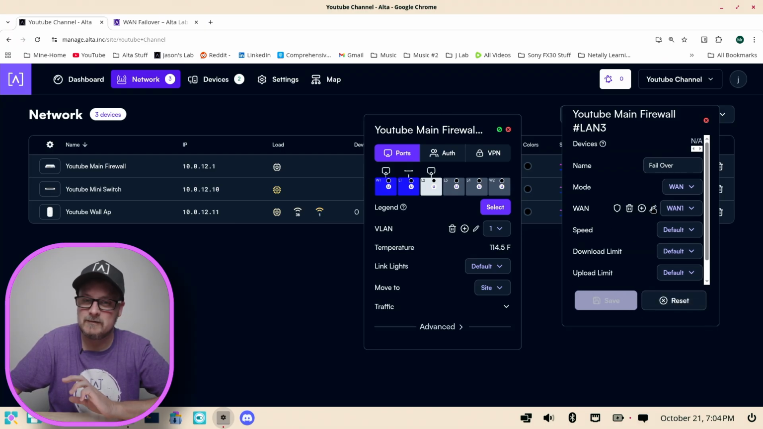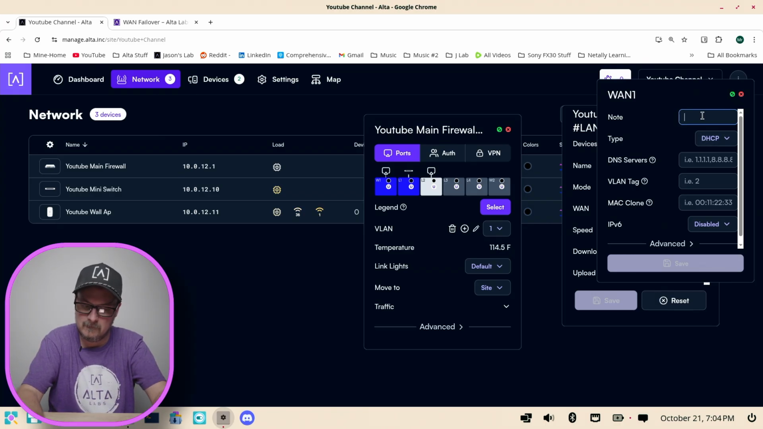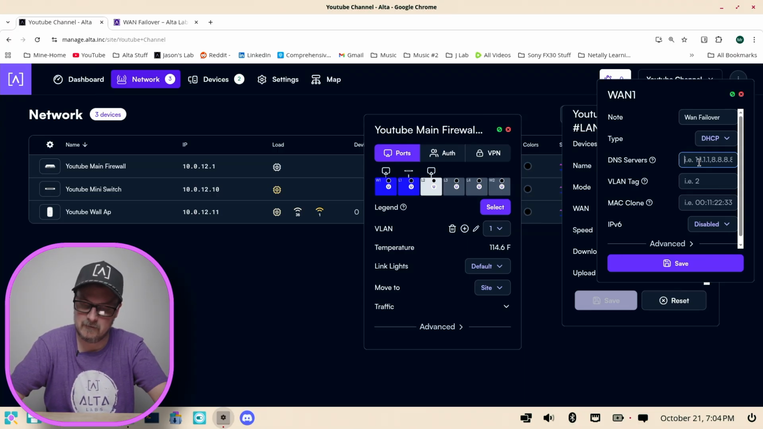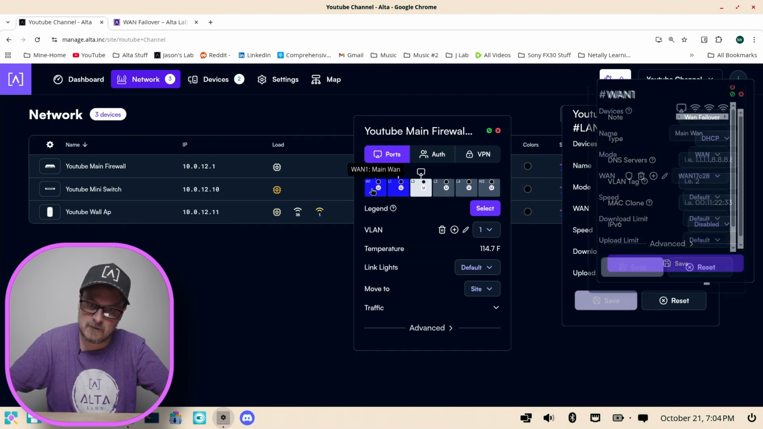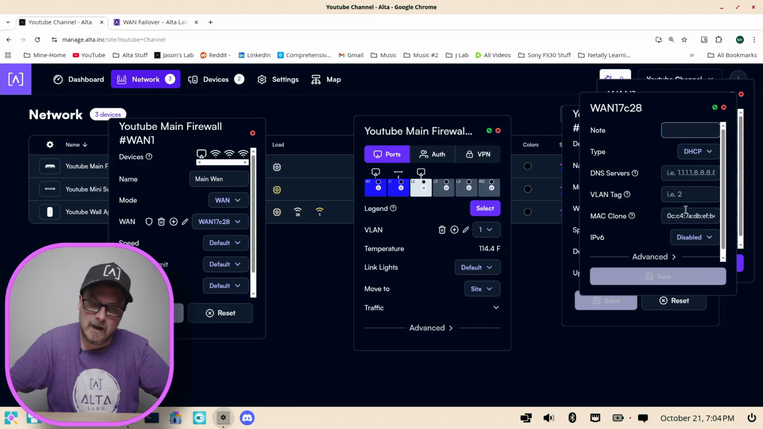And then what we have to do is go over to here, and I'm going to name this WAN failover again, just so I know where it is. We need to put in some DNS. Use a different DNS than what you're already using on the primary WAN. And I'll show you that in a second here. Actually, I can show you right now because we can open up multiple windows. I forgot about that. So we'll go here, and we're using,